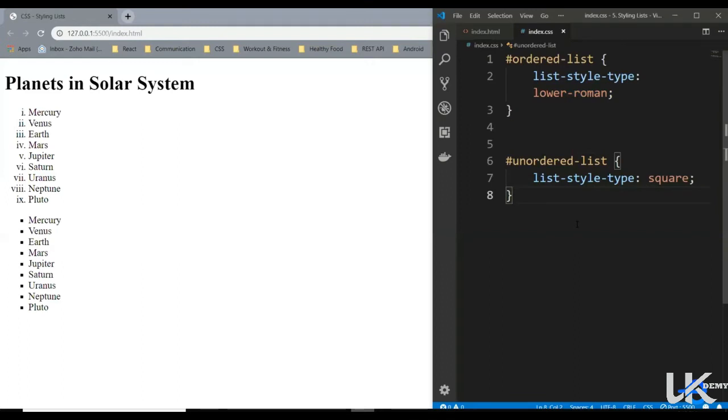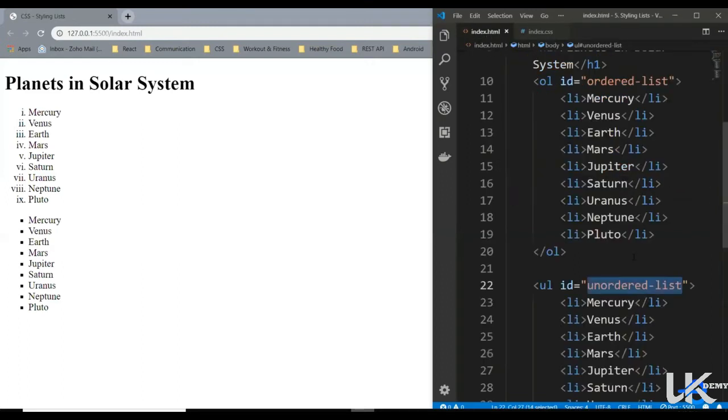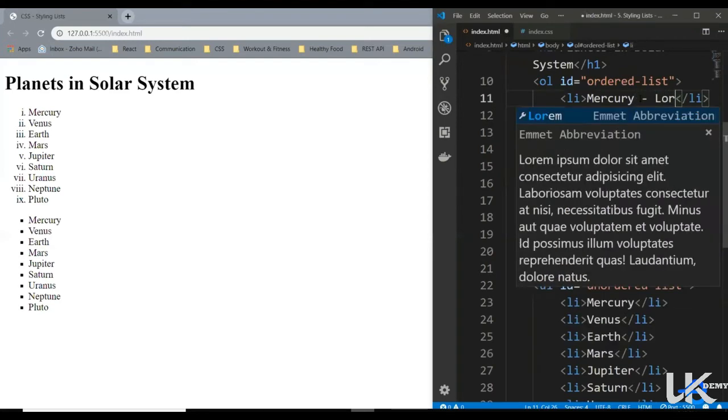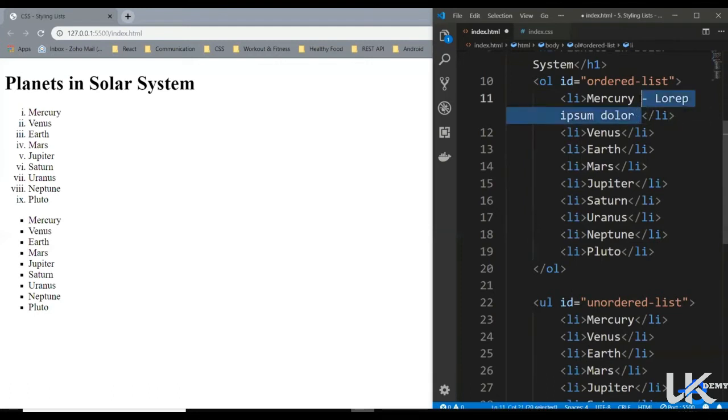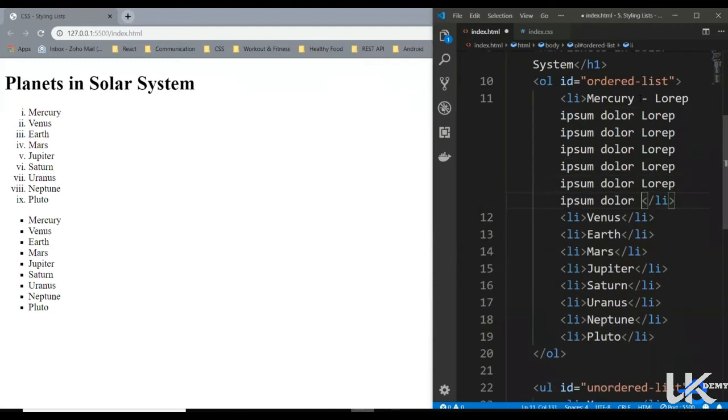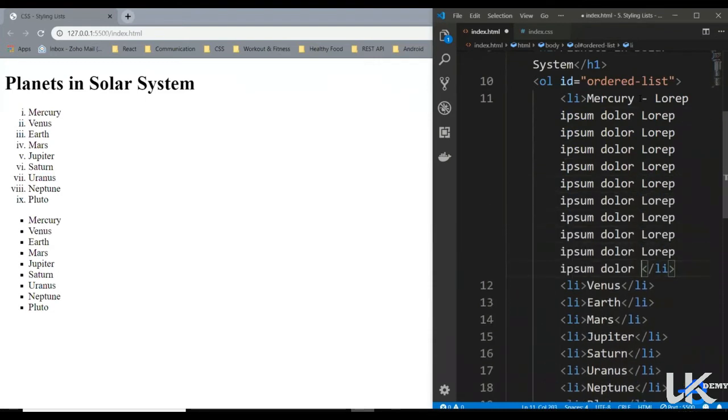Now let's try making this list multi-line. Coming back here. So Mercury, let's say lorem ipsum dolor. Let's just copy paste it multiple times. Similarly here.